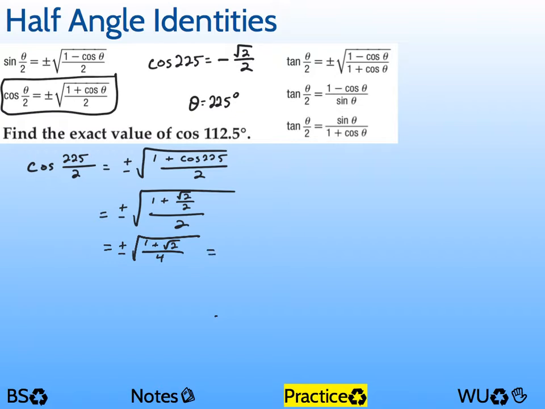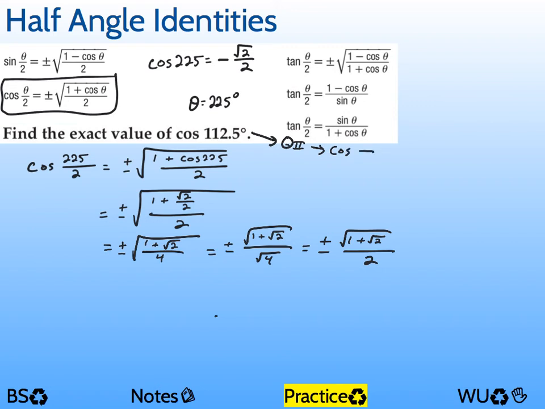Now one thing you can do here is take the square root of the top and the bottom. So we have on top square root of (1 plus radical 2) all over the square root of 4. And since the square root of 4 is just 2, we're at plus or minus the square root of (1 plus radical 2) all over 2. Now it's time to deal with the plus or minus part. Since cosine of 112.5 is in quadrant 2, cosine is negative. So our answer for this is negative radical (1 plus radical 2) over